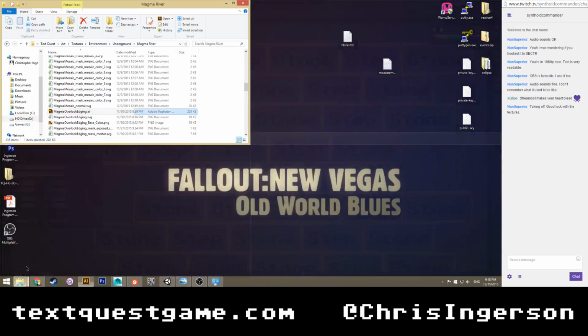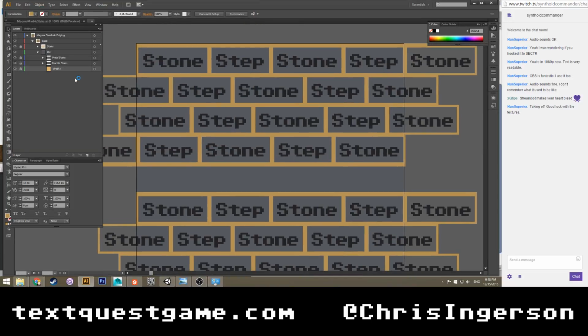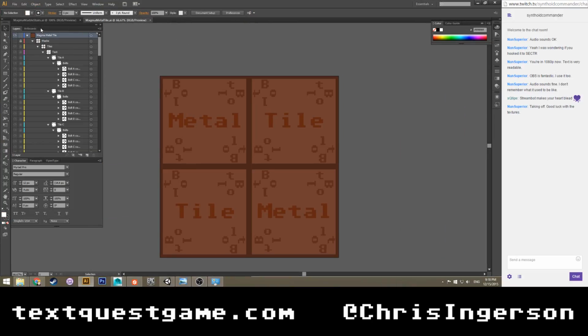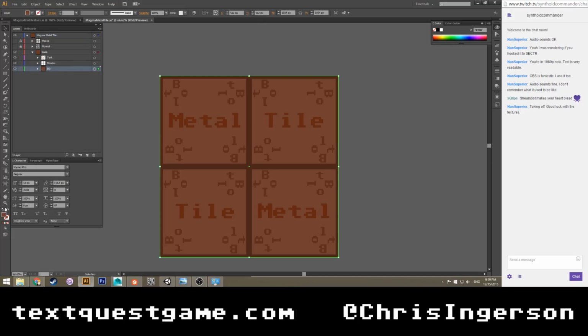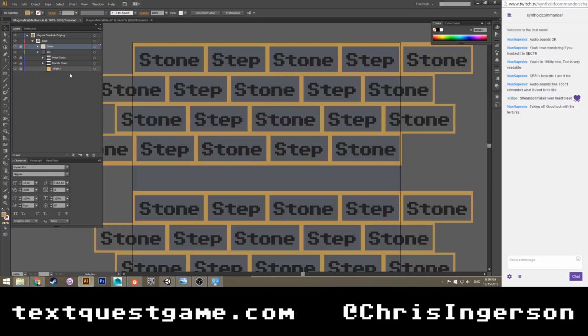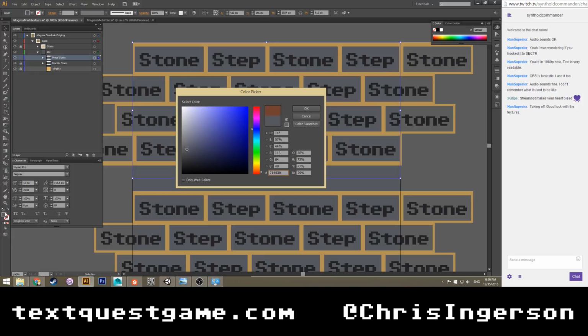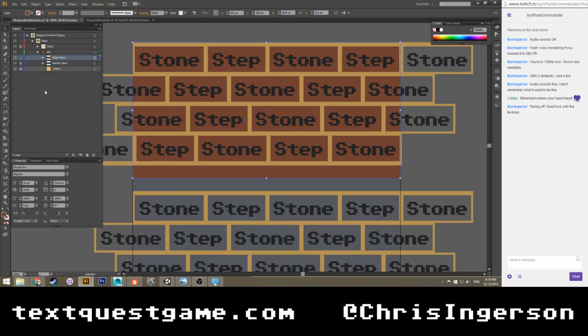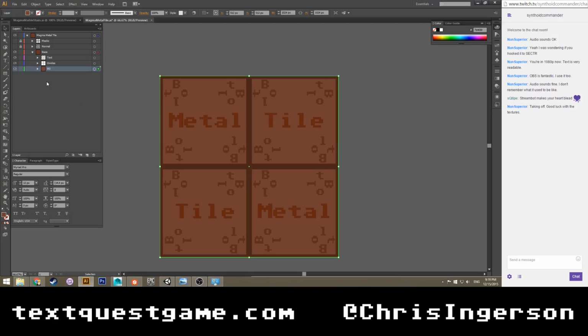So let me open up magma metal tile. Open that up all the way. Let me grab the background color. Grab that. So let's make our metal stairs background that color. Very good. And our magma text. This is going to be interesting.